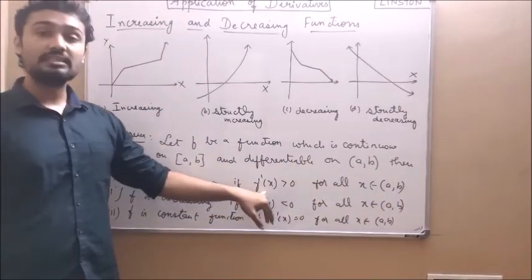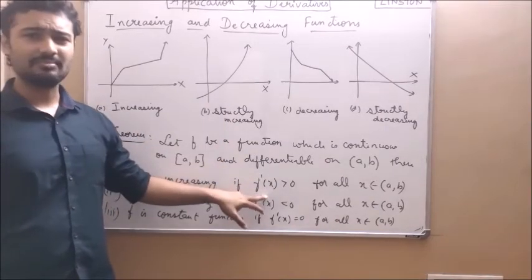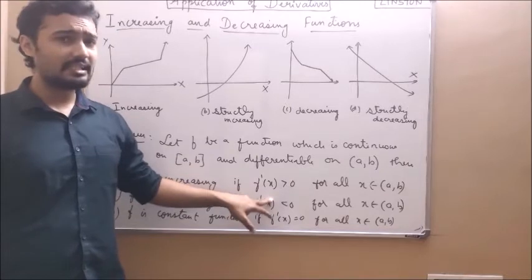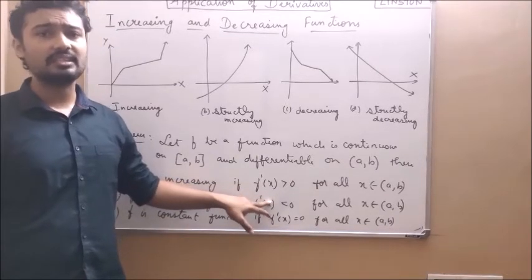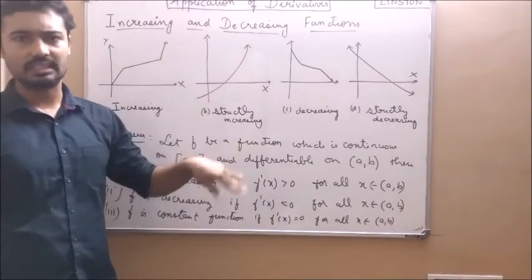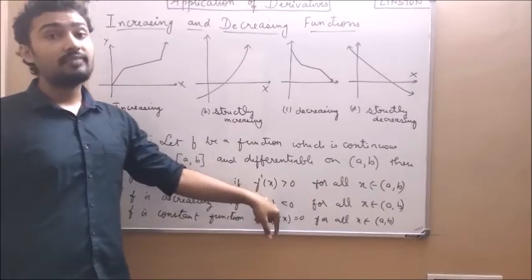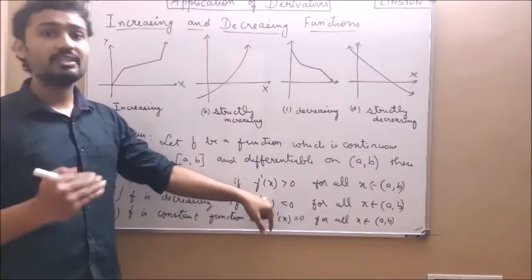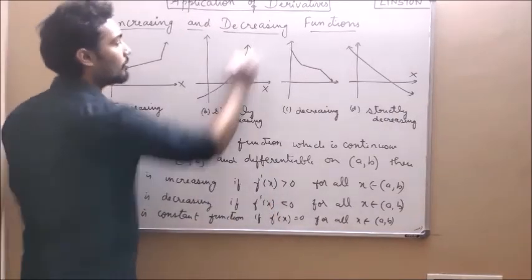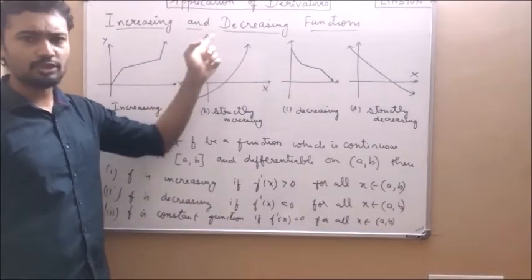Now since we are considering the derivative, we are considering the open interval. The function is increasing if f dash of x is greater than 0. So what is the meaning of this? f dash of x is greater than 0. What is f dash of x? f dash of x is nothing but the rate of change. How the function is increasing or how the function is decreasing. Rate of change, how the function is changing. So of course, if the change is positive, if the change is going up, if it is increasing, it means change is positive.